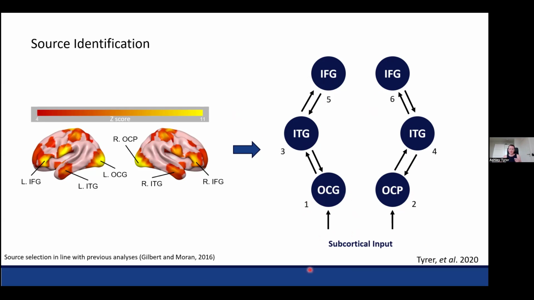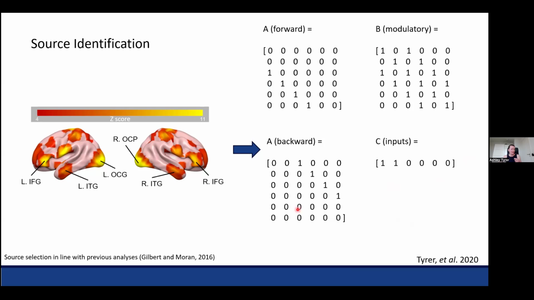Yeah, so I've just numbered these 1 to 6. So to transfer this into SPM format, you need to specify 3 different types of matrices. We have the A matrices, we have the B matrices, and we have the C matrix. So the A matrices define the connections between your specified sources. And there are 3 different A matrices. There are the forward connection A matrices, the backward connection A matrices, and the lateral